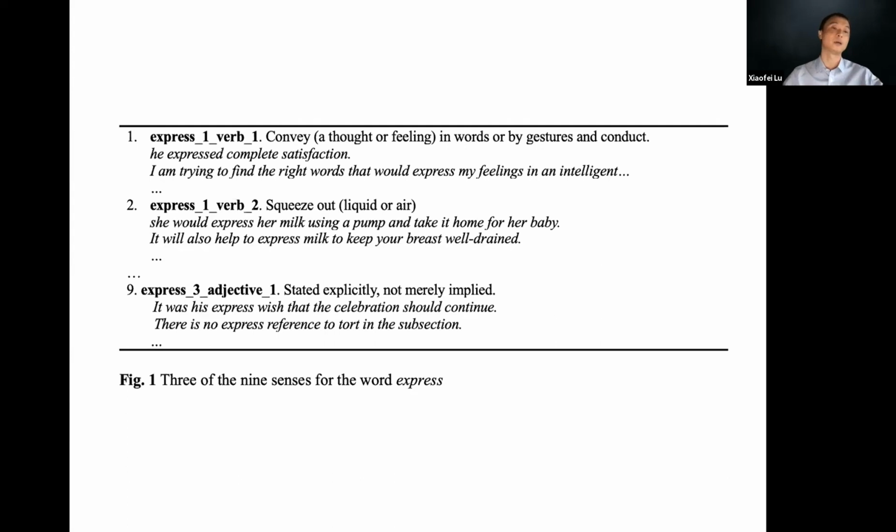It just shows that we know the lemma, we know the part-of-speech category, and we have these numbers. The first number for us meant this is the first part-of-speech category. The second number means this is the first sense under that first part-of-speech category. But it allowed us to uniquely refer to any sense for any polysemous word in our